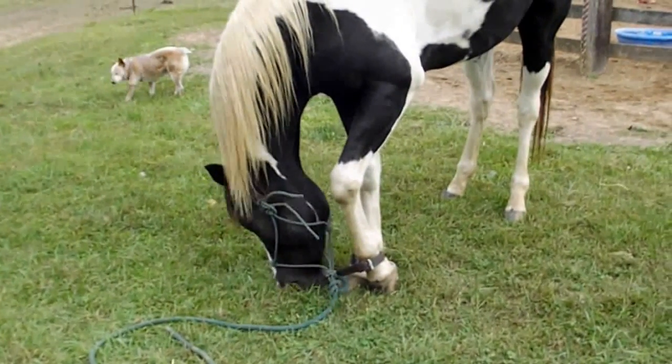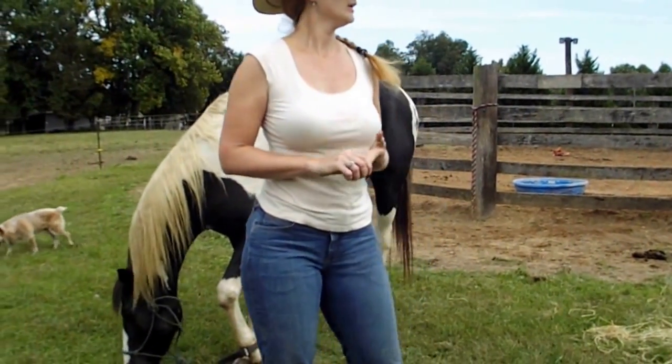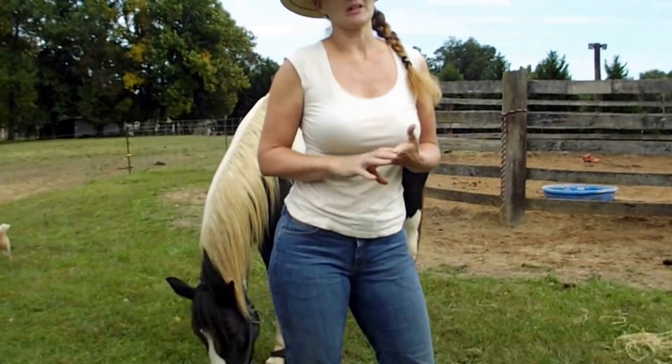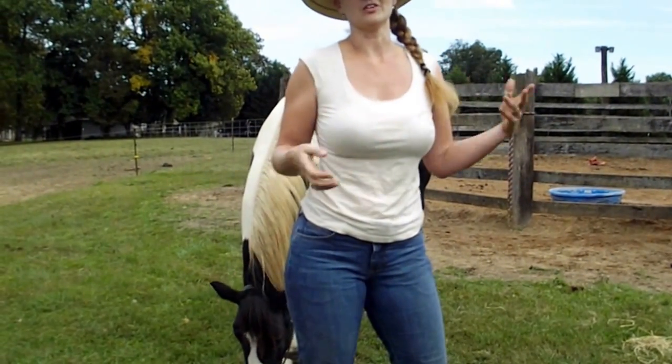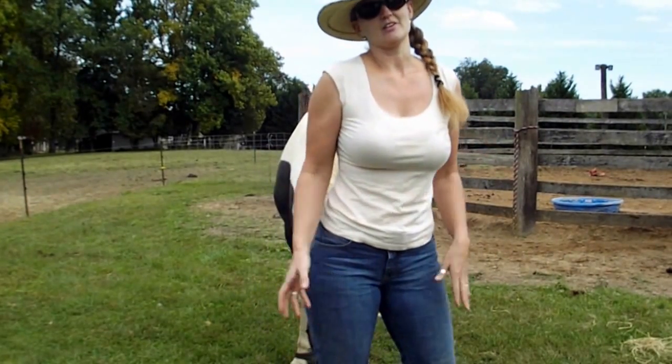So that's pretty much the different kinds of hobbles and how to make hobbles with a piece of rope. That's the easiest way to get them on, get them off. Here we put them on and off all day long, so I like the ones that are quick on, quick off. There's plenty of videos out there on how to teach them how to